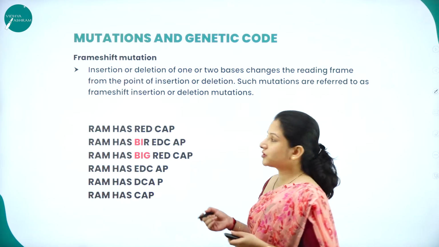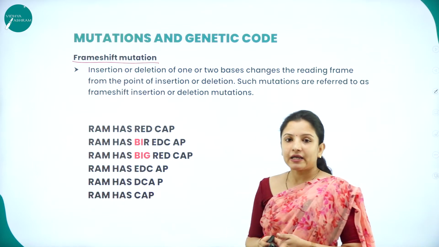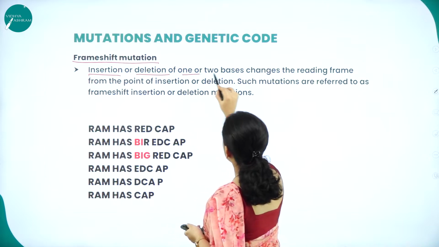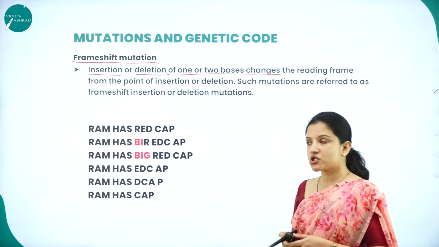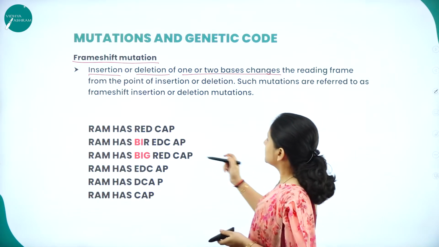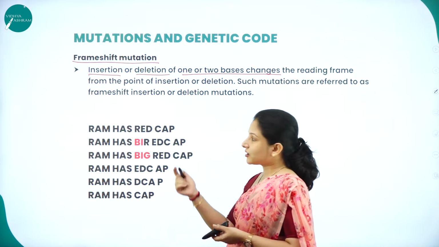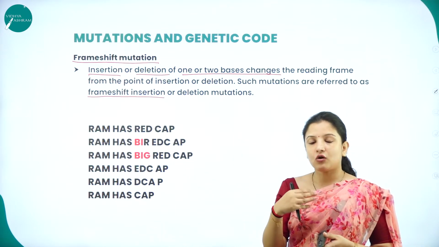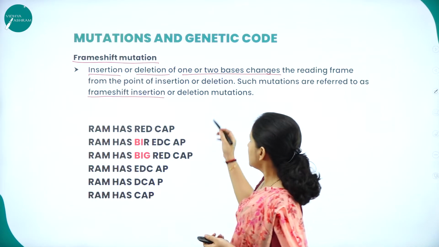Now there is one more mutation which is called frame shift mutation. Here either insertion or deletion of one or two bases will occur. Therefore, the whole reading of the frame will change. This is called frame shift mutation. Such mutations are referred to as, if an insertion of a nucleotide base occurs, it is called frame shift insertion mutation. If one or two nucleotides get deleted, then it is called a frame